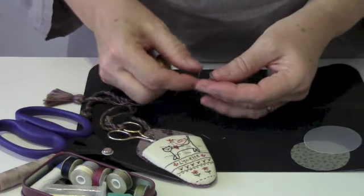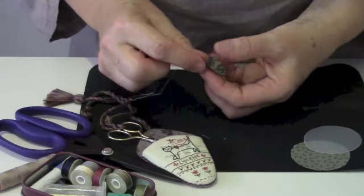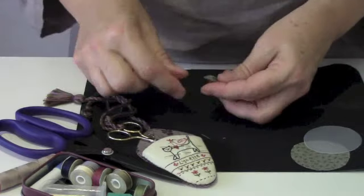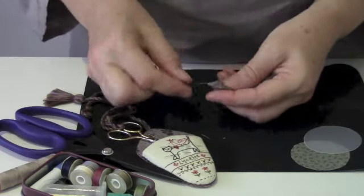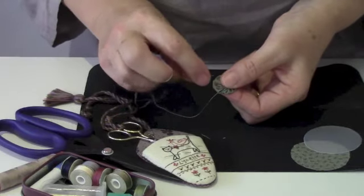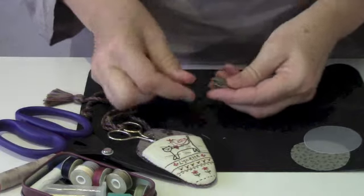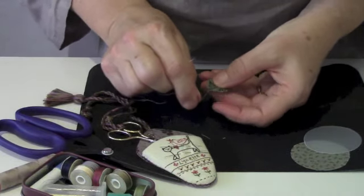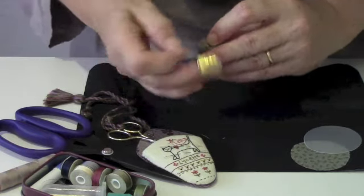Now you need to start forming your yo-yos. They don't just fall into place, you need to give them some little encouragement to be the shape that you want them to be. So I always say wriggle them into position until you've got that nice little shape you want. Nice and circular. Give them a wriggle. See how nicely that's formed? Make sure you've pulled that thread nice and tight. Now I'm going to stitch my thread right through to the back,